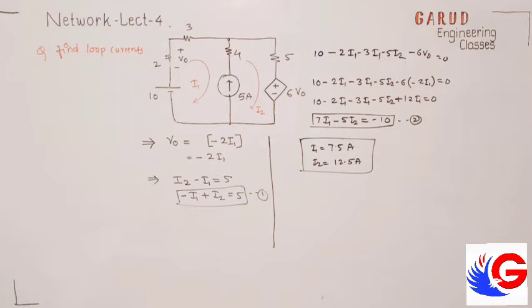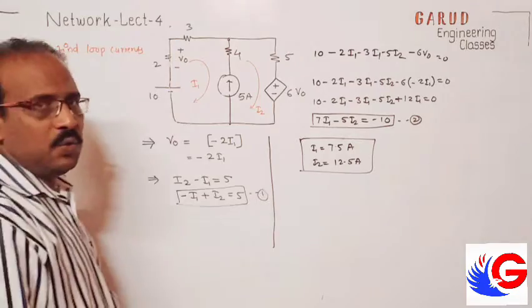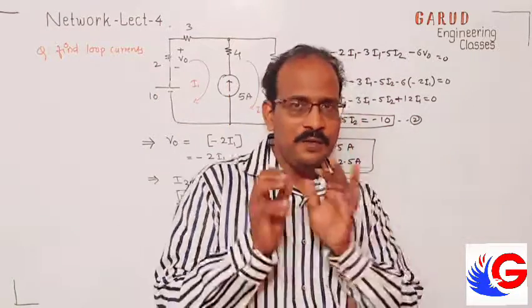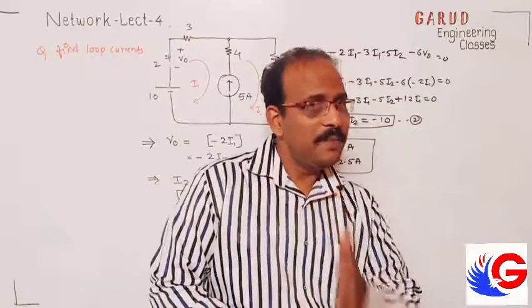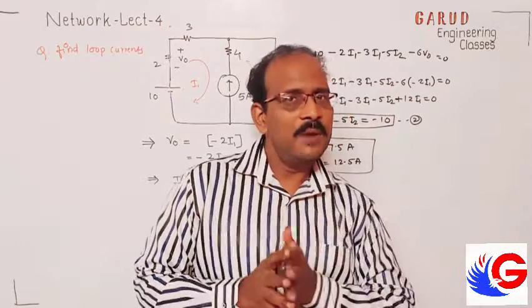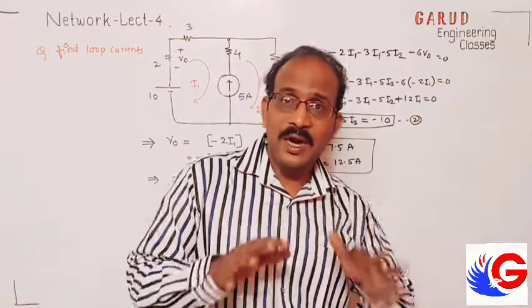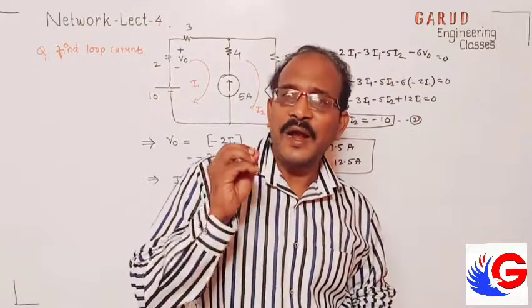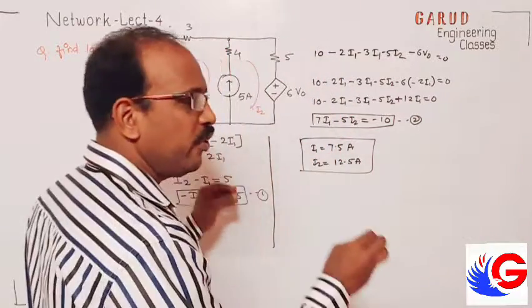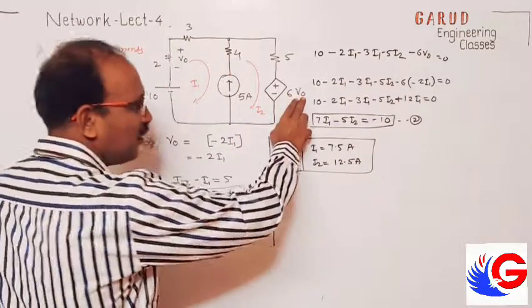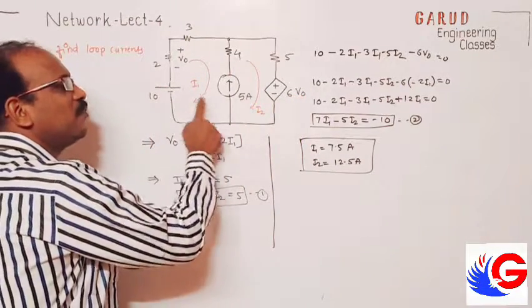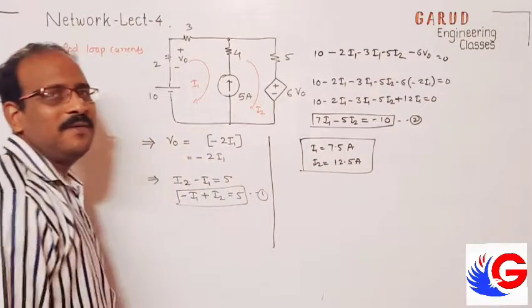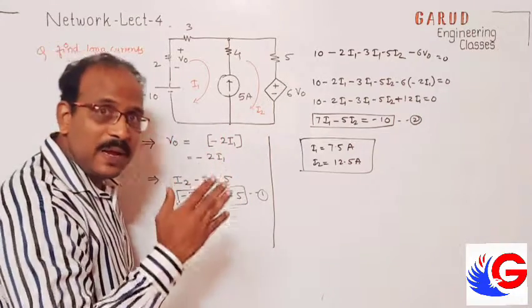Correct? You got this? Actually, what is the new part here? Whatever you have studied in BEE, and you are studying in network for the first chapter, is just a copy of BEE. The remaining chapters are different. But at least in the first chapter, the only additional part is the dependent source. What to do if there is a dependent source? Express that dependent source in terms of I1 and I2. The remaining part is just revision of BEE. You follow my method.